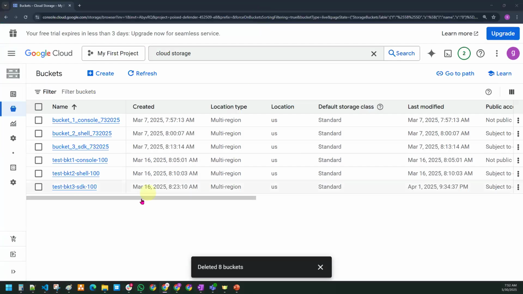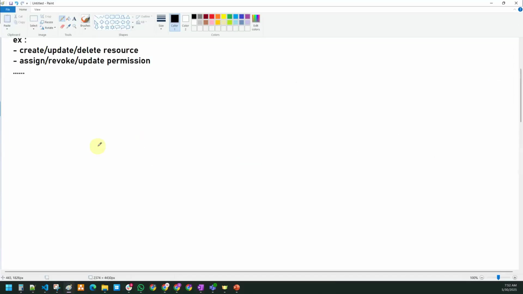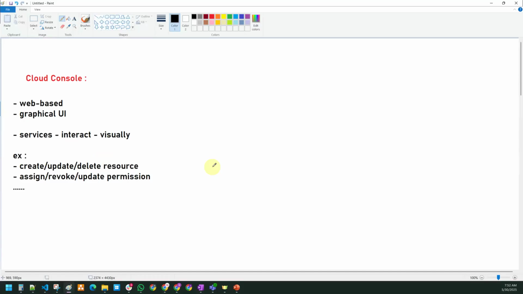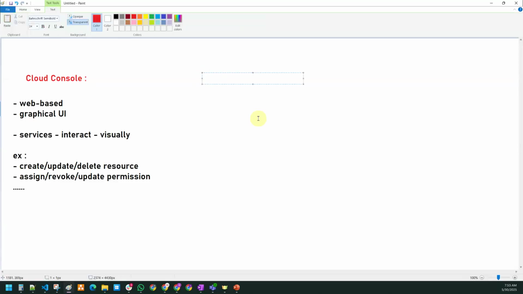Now that you understand what a console is, the second method to interact with the GCP services, tell me guys, what is the second method to interact with the GCP services? Correct. The second method is Cloud Shell. Sir, what is Cloud Shell?